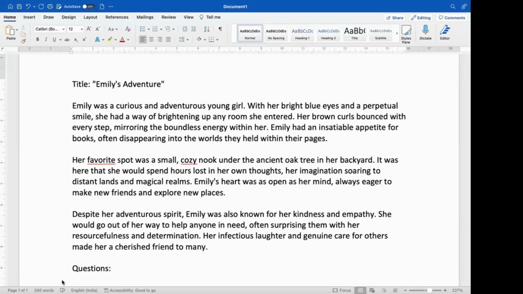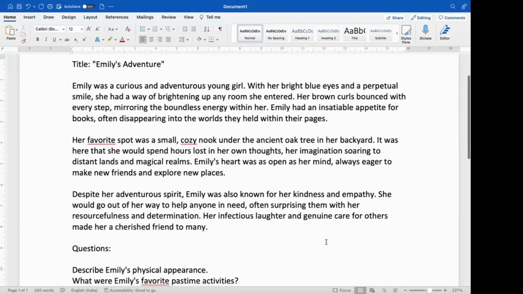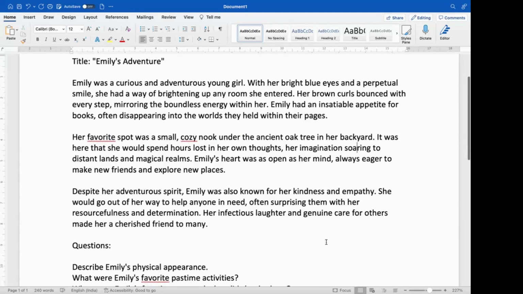I had to make a summary or conclusion of this, right? Like what I understood. You just need to tell me what you understood from the paragraph. So I understood that they were describing a little girl named Emily, and how her personality was and how she was with other people, how she helped people out. It was just describing her personality and her general aura, how it is when she enters a room, how she acts. It's just describing her as a person.